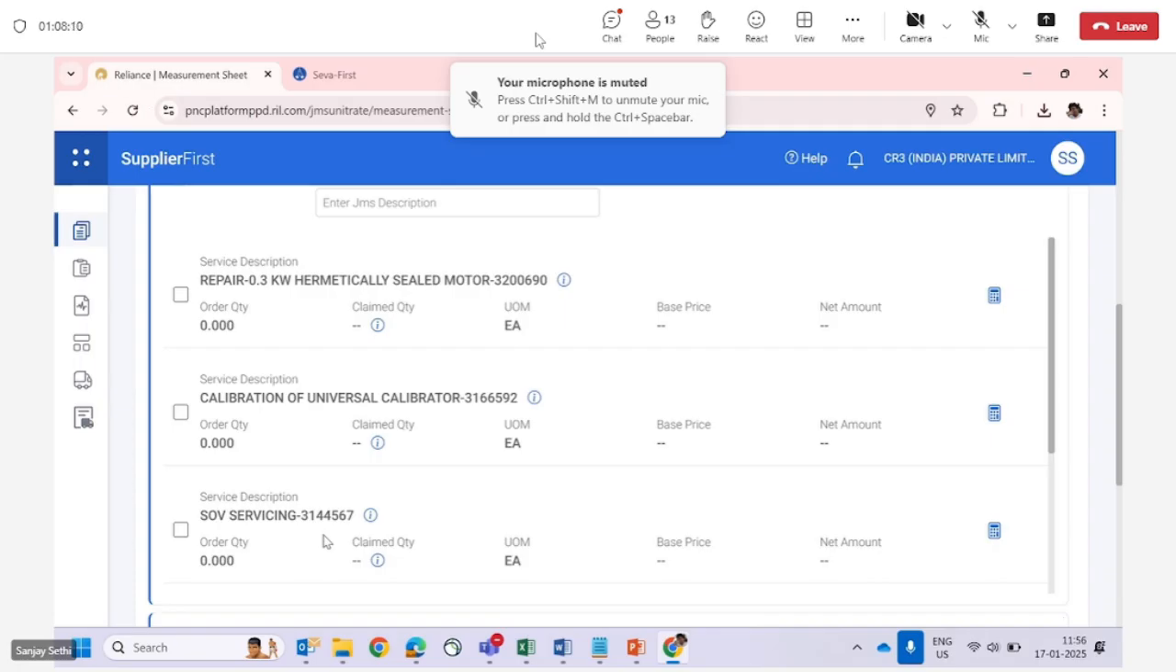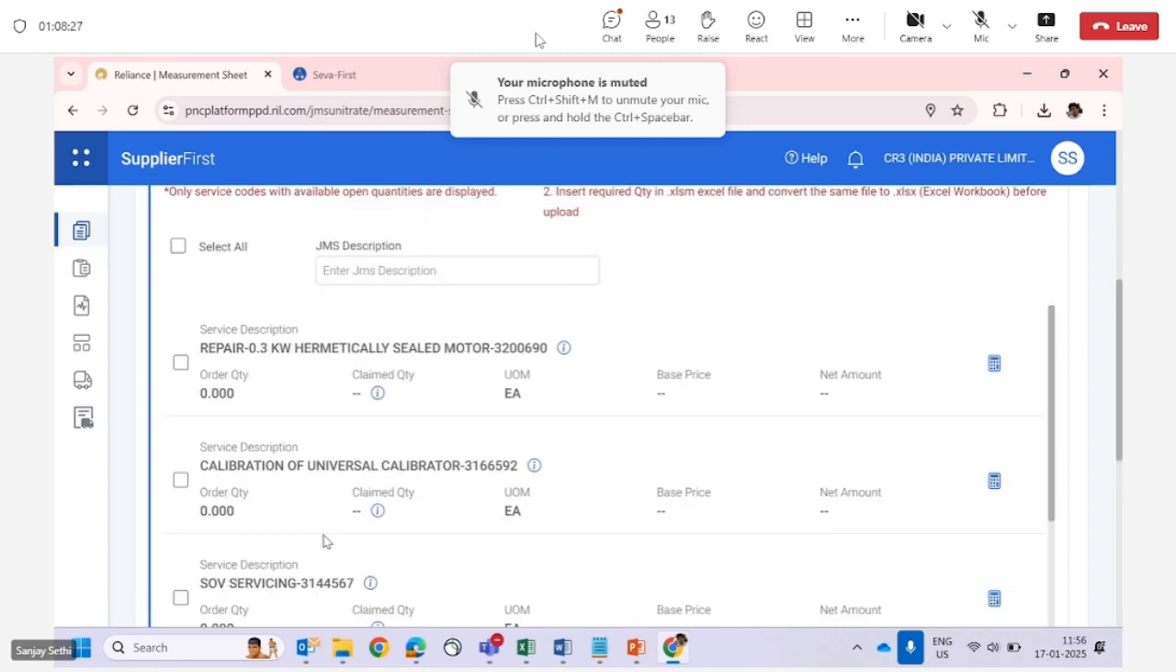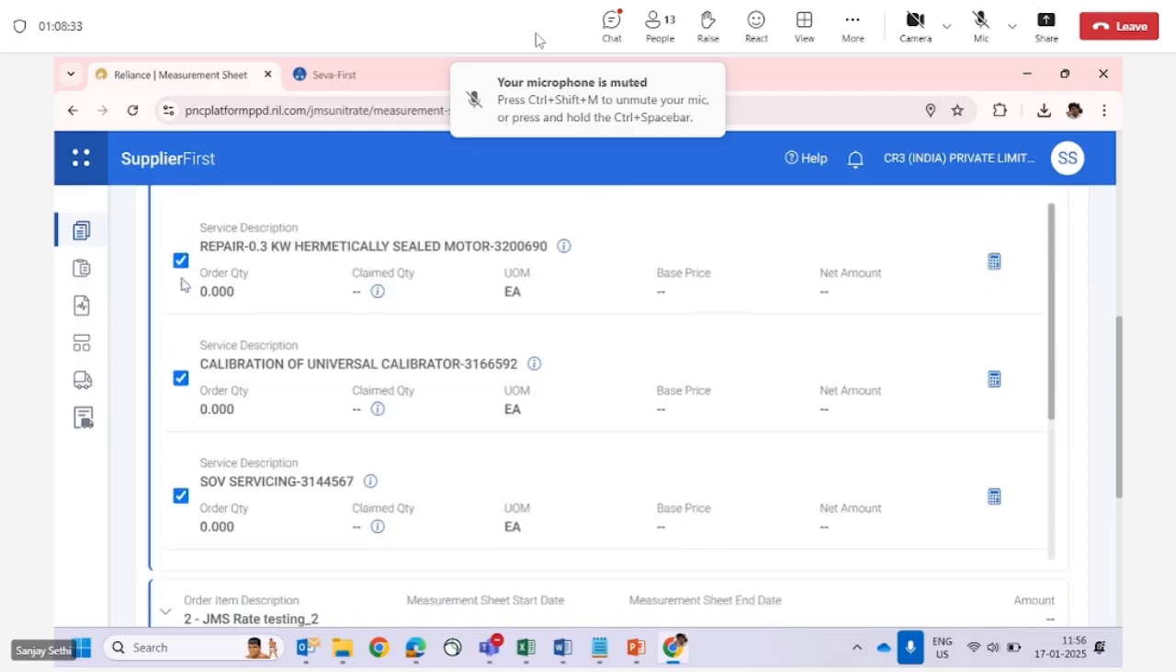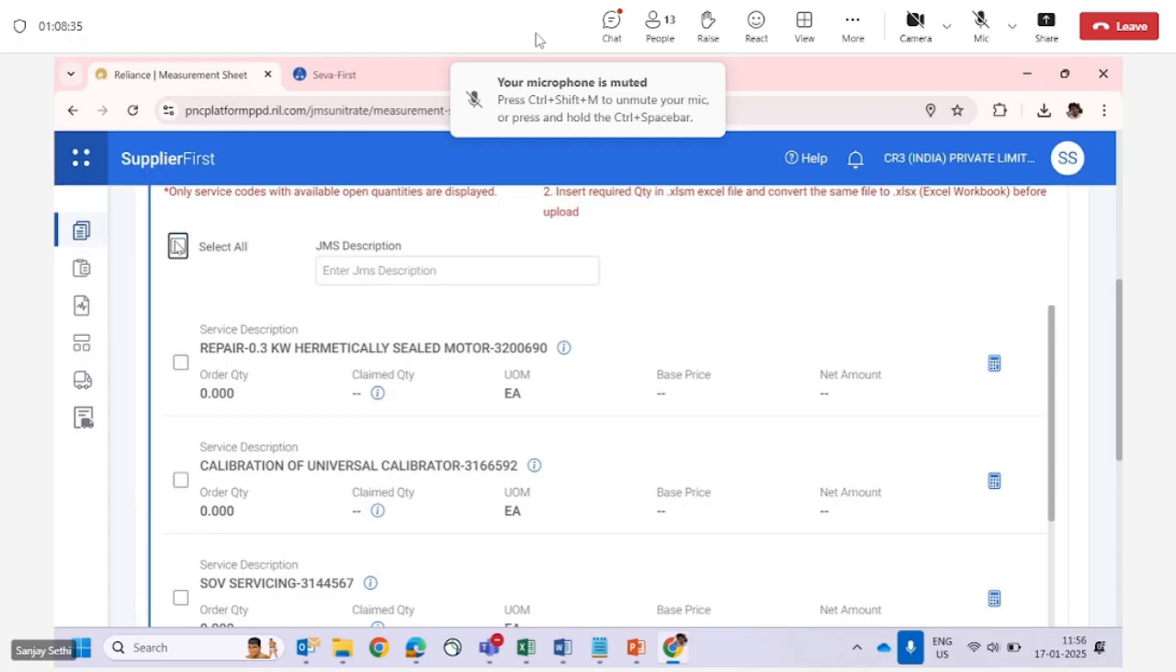ओके, तो यहाँ पे आपको सर्विस कोड नजर आएंगे. इस पर्टिकुलर आइटम के अंदर तीन सर्विस कोड है. So against this there are 3 service codes. Now, whether you're going to prepare it for all the 3 or for 1 or for 2, that is up to you. Okay, so either you can click on select all to select all the 3 service codes, or you can select it manually in case you're only going for the first one, or the first and the second one, or the second and the third one. So depending upon that, you just need to select the